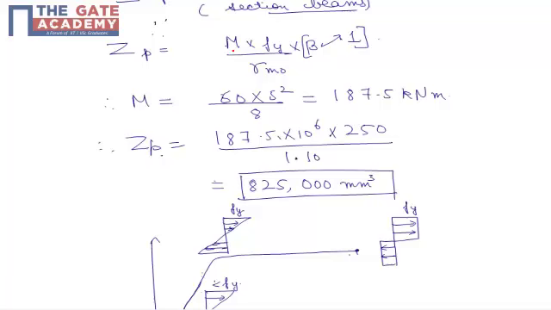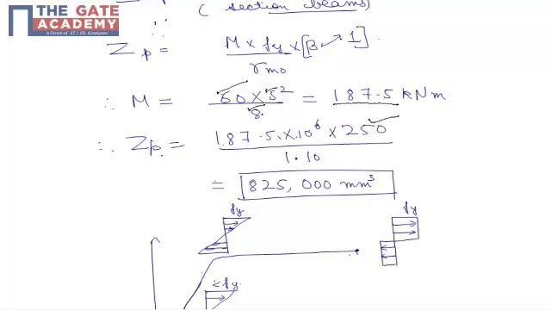of section required is moment to be resisted into Fy upon gamma m naught, where Fy is yielding strength of steel. So Fy is 250 for grade 410 steel, and M comes out as WL square by 8, W is 30 plus 30, 60, into L square, that is 5 square divided by 8, since it is a simply supported beam, which comes out as 187.5 kilonewton meter or 187.5 into 10 to the